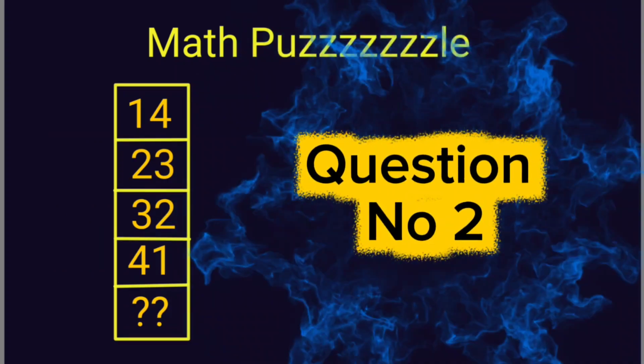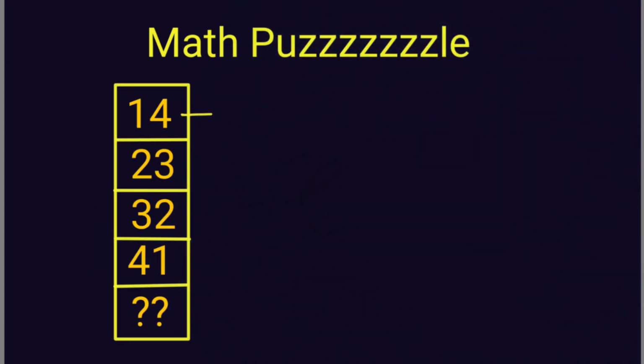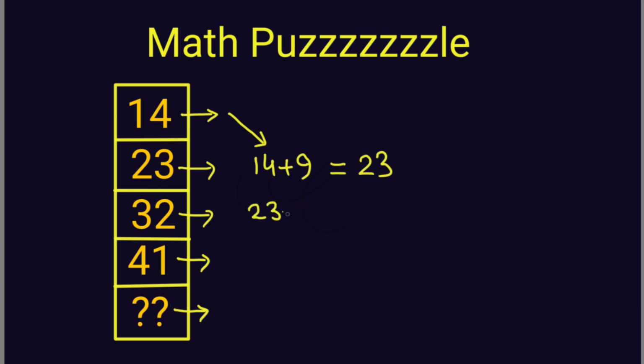Now I have question number 2. First number is 14, then 23, then 32, then 41. What will be the next number? So, if we add 14 plus 9, we will get 23. Now 23 plus 9, we will get